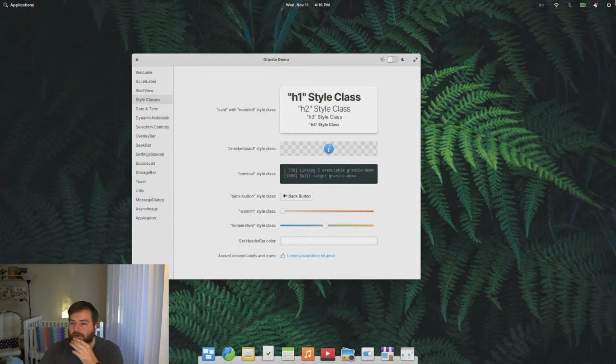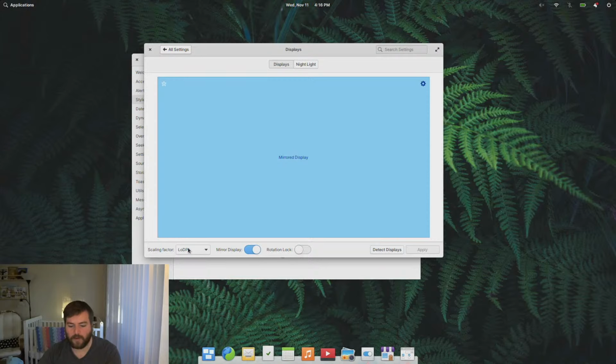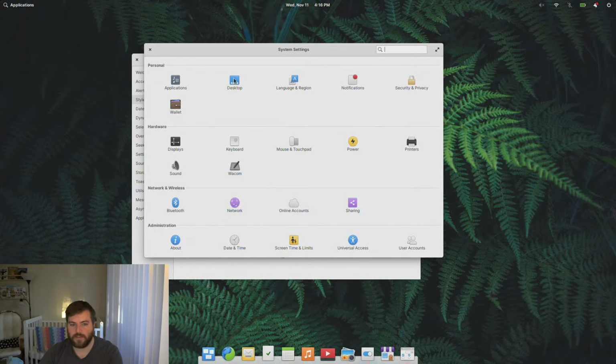Sorry to go back to fractional scaling. Will elementary OS automatically decide which scale fits best? So no, for now, we just use 1x scaling out of the box for the text size. You're talking about text size. We do switch to the scaling factor automatically. So if you're above a certain DPI, it'll switch to high DPI mode. But as far as the text size, no, we just use 1x because